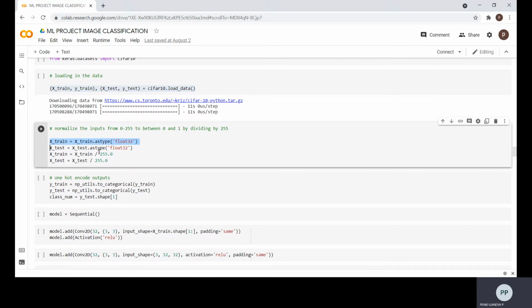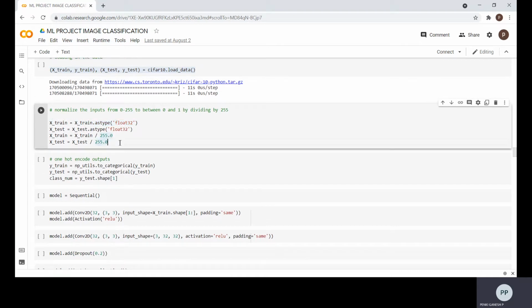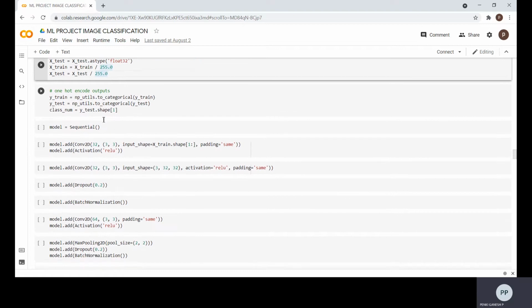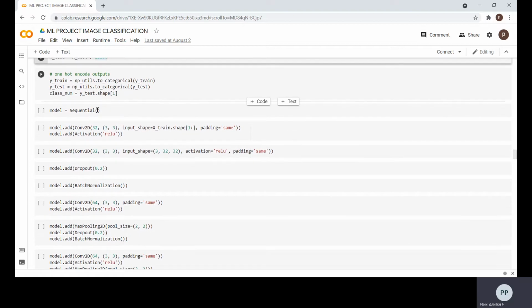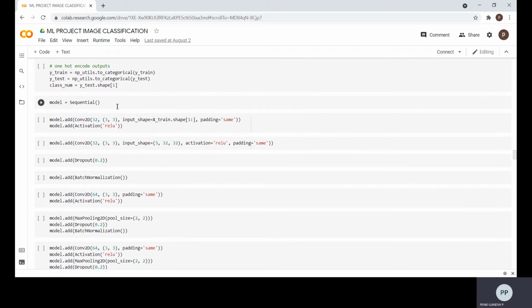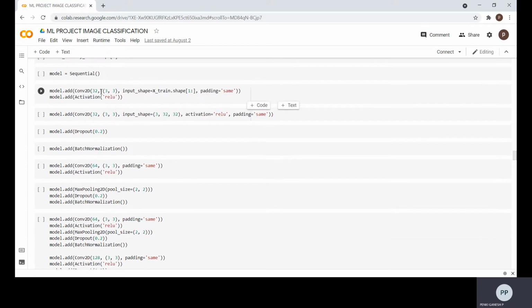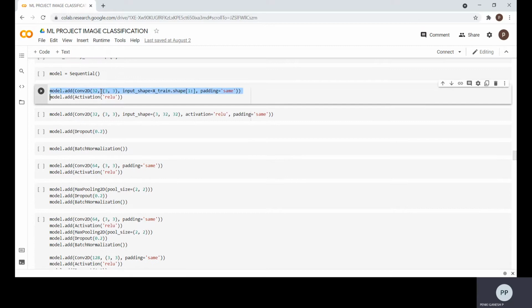Here I have normalized the inputs between 0 to 155, and these are the util values for encoding the outputs. And the model architecture, by using model equal to sequential, and I have used the model.add, and I have